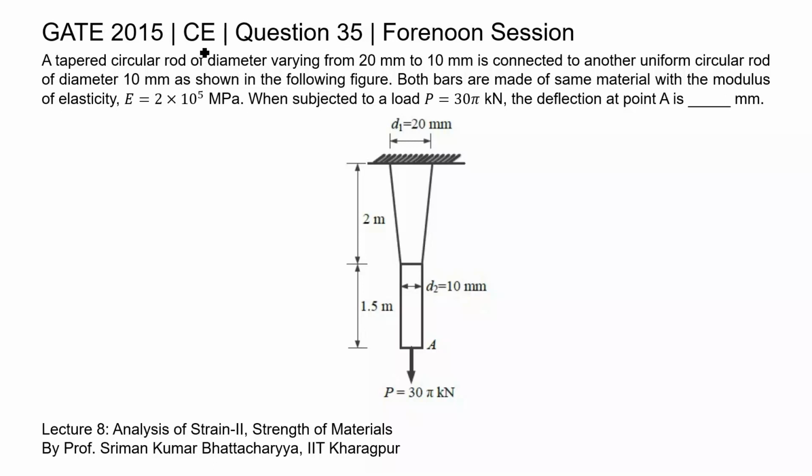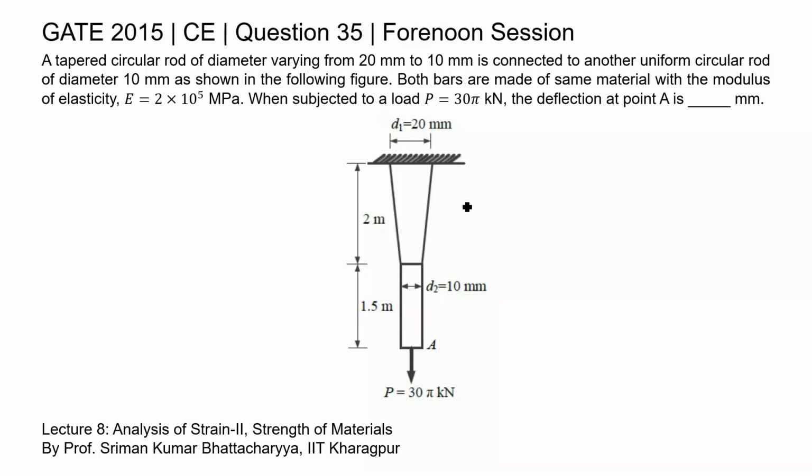This is question 35 of Civil Engineering paper K 2015 forenoon session. A tapered circular rod of diameter varying from 20 mm to 10 mm is connected to another uniform circular rod of diameter 10 mm as shown in the following figure. Both bars are made of the same material with the modulus of elasticity E equal to 2 into 10 to the power 5 megapascal. When subjected to a load P equal to 30 pi kilonewton, the deflection at point